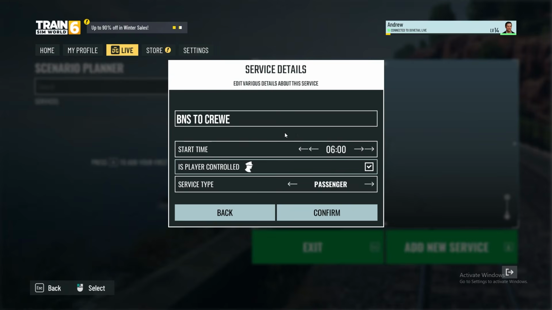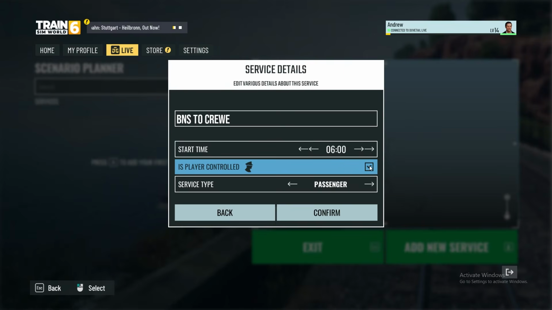For example, if you set this for 6 o'clock, once the clocks go 6 o'clock, it'll say open your doors. This isn't the actual departure time of the train, and unfortunately with Train Simulator you can only go up in 5-minute increments. So if you set it for 6 o'clock, I normally say give it 3 minutes once you set up the train and get it to go, open the doors, shut the doors. So the departure time for this 6 o'clock service will be around 6:03 to 6:05. But yeah, you'll get used to it. So if we set this to 6 o'clock,